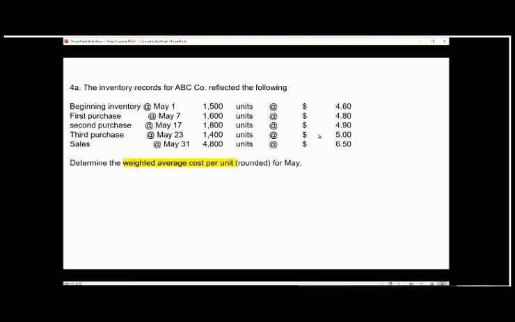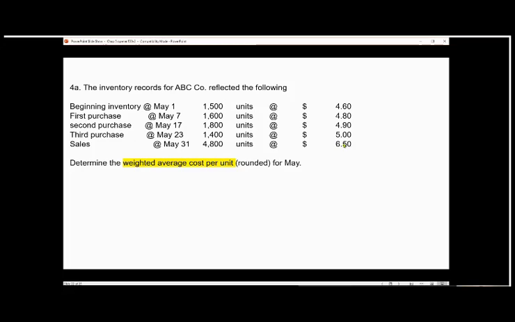Okay, the next one, 4A. We've got the inventory records for ABC Company reflects the following. Beginning inventory on May the 1st was 1,500 units, and they had a cost of $4.60. Then they purchased some more units. Their first purchase on May the 7th, 1,600 units at $4.80 a piece. Second purchase on May the 17th, 1,800 units at $4.90 a piece. Third purchase on May the 23rd, 1,400 units at $5 a piece. And then they sold 4,800 units at